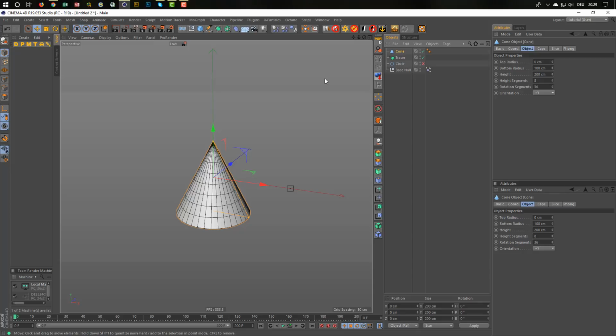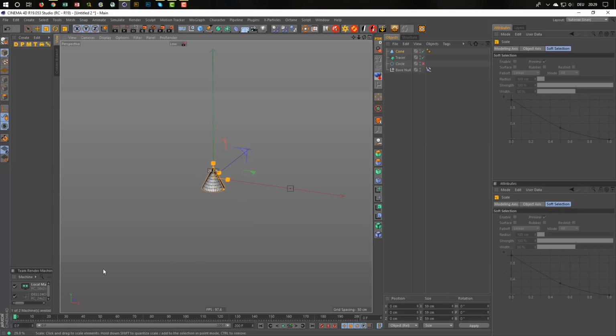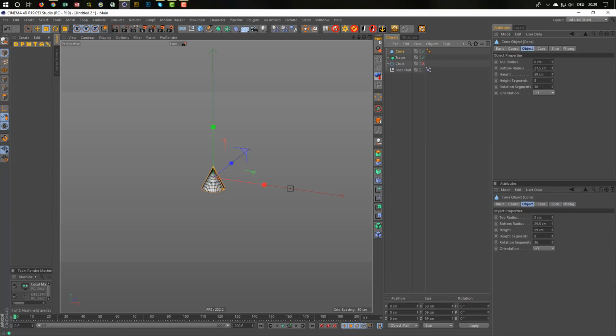We try to make it as clean as possible, so we have a nice, fast, good animation. T for scale. Whoops. Let's say about, let's go here to 10 and 50, and I want a little opening on the tip, something like that, so it looks like it was open. And now I want to have this tip of the cone on this point of the null, so directly